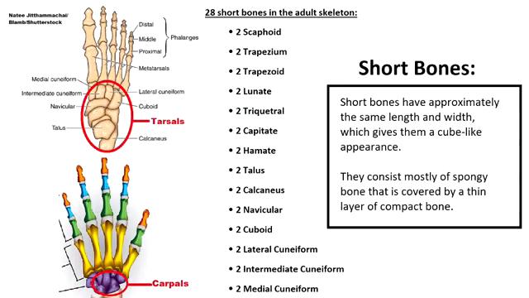Next, we have short bones, which have approximately the same length and width, which gives them a cube-like appearance. Short bones consist mostly of spongy bone that is covered by a thin layer of compact bone. And there are 28 short bones in the adult skeleton, consisting of the tarsals and most of the carpal bones